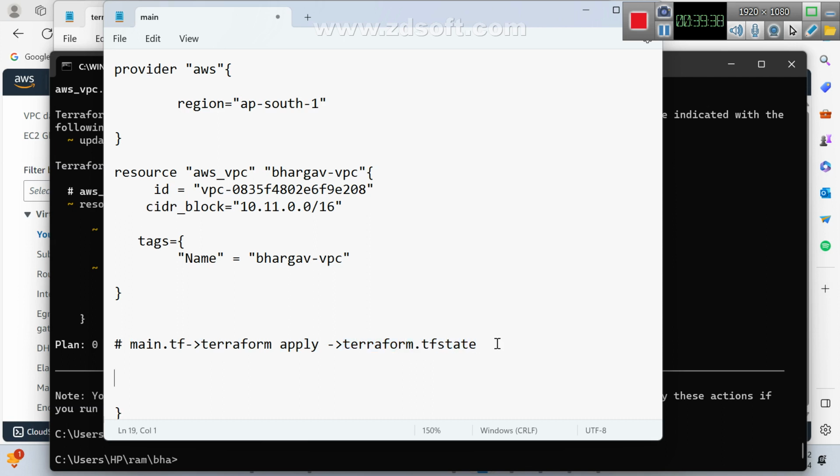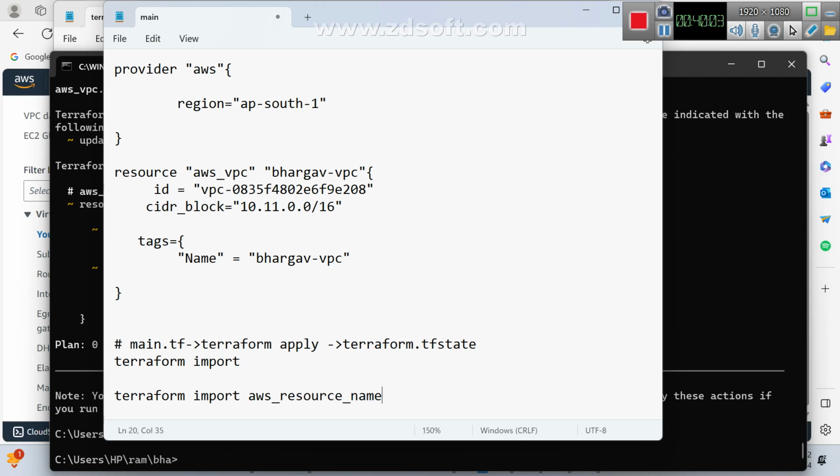But if you want to work with Terraform import, what is the procedure? Tell me. Terraform import. First, what we are doing? Terraform import, there aws_ resource name. I am not telling VPC, simply the common syntax I am writing: aws_resource_name. Are you agree with me? Yes, sir.